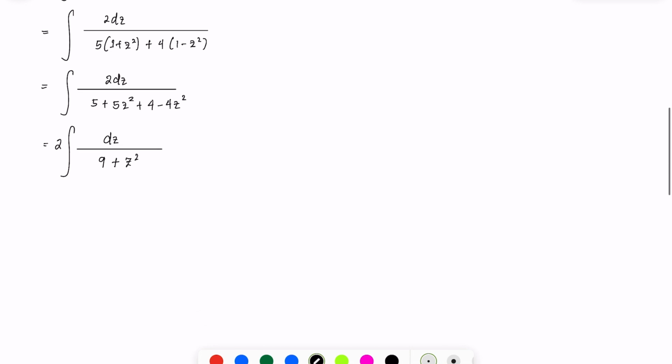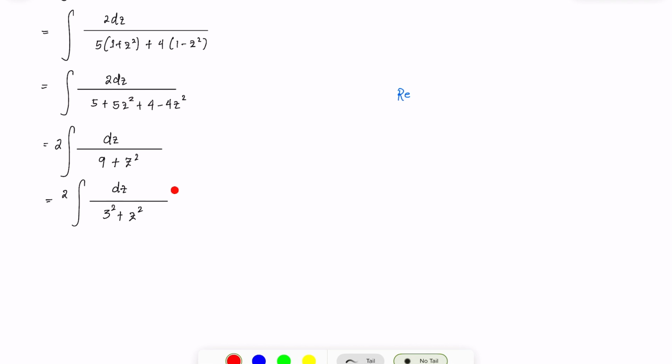Now I'm going to rewrite this one into a very specific form because that will help us solve it. So this will just be dz all over 3 squared plus z squared. Why I did this is because I want you to recall something. Although I can perform another technique here, since we're using z-substitution, I'm not going to do that. I'm referring to rational functions, but you have to recall this from your table of integrals,